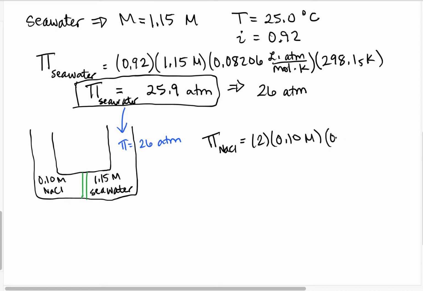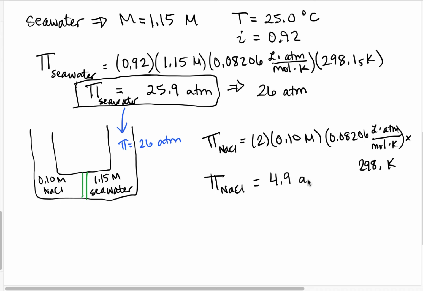We'll use the same gas constant. And then 298 Kelvin. So our pressure is going to end up being 4.9 atmospheres,